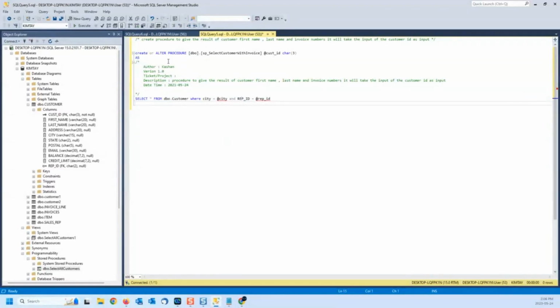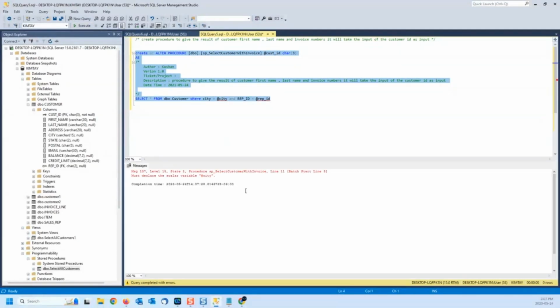One thing that I just found online is that you can put something called create or alter procedure. So if you are creating it for the first time, it will run the create statement. From next time onwards, it will continue to run the alter procedure because the procedure will exist. Now here's the issue that I have created already: this parameter does not exist here. So when I try to compile this, it will not let me create this procedure because it is looking for this parameter, which is not there. So I'm going to get rid of it, and I'll say customer C